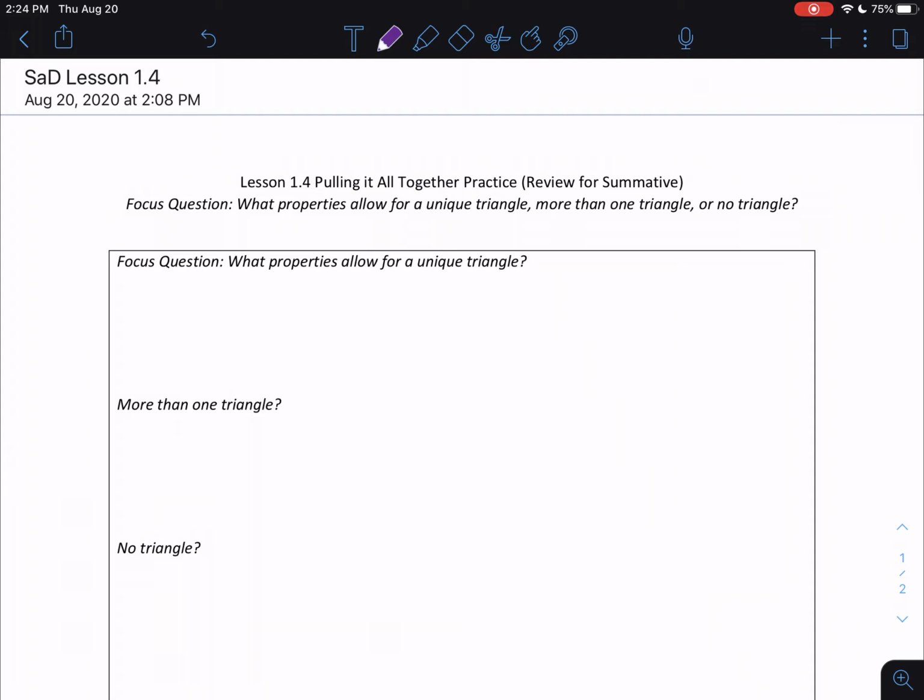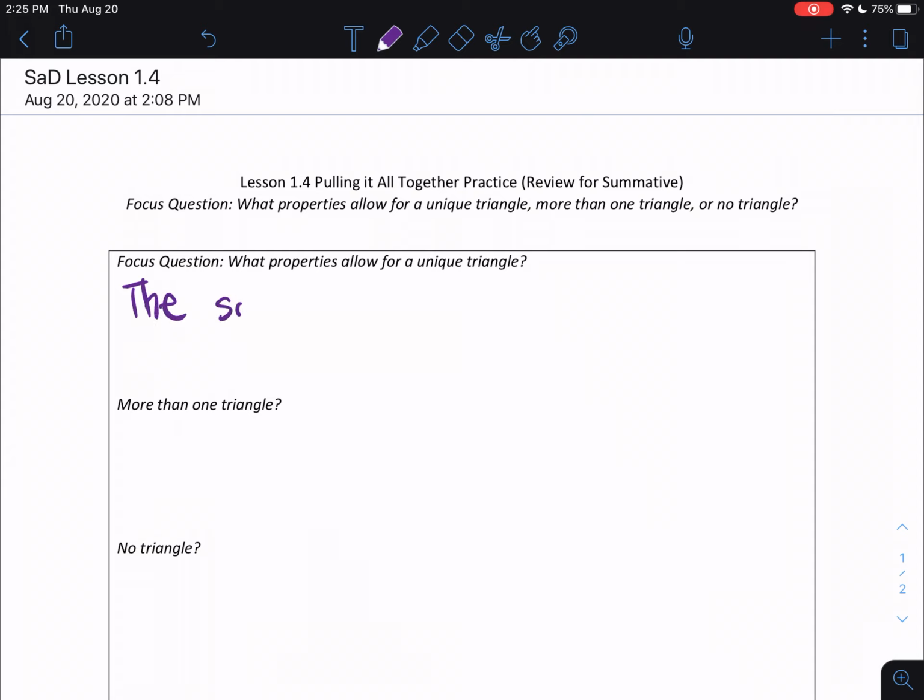And if you recall, that's when we were using those poly strips on the computer together, and we were able to spin the triangle around. So even though sometimes it might have looked like a different triangle, it still was the same triangle. And the requirements that we learned was that